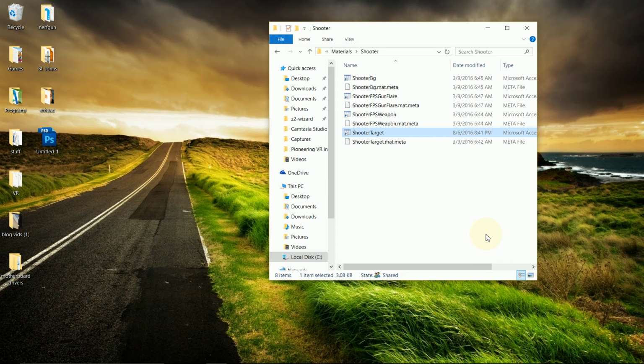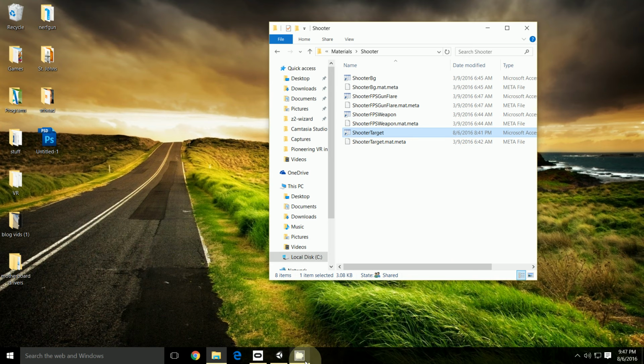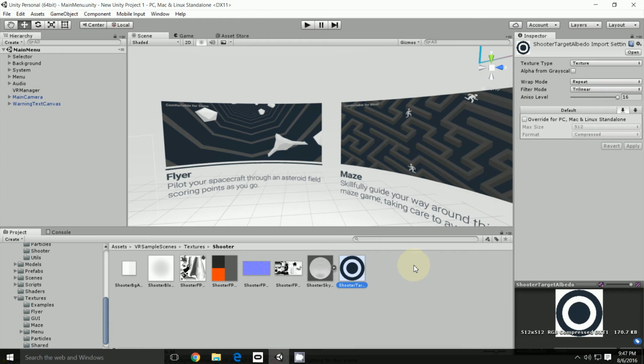Okay, so I felt like maybe the shooting gallery was a little bit too realistic for school. Instead of shooting those targets, I'm gonna turn it into a monster. I don't know if it's any better, but we'll try it out. And all I basically did is Photoshop that texture from a target and put the custom texture that I wanted on it. And then I think what I'll do is go ahead and once I've replaced that,